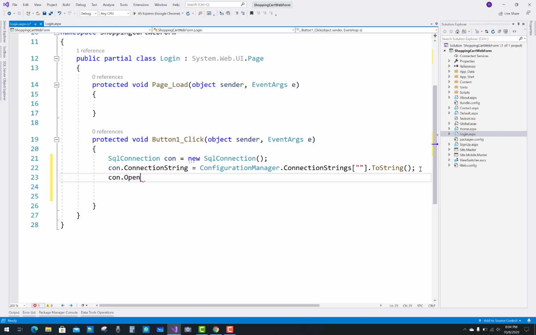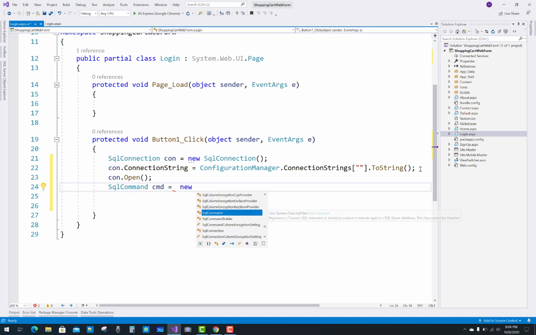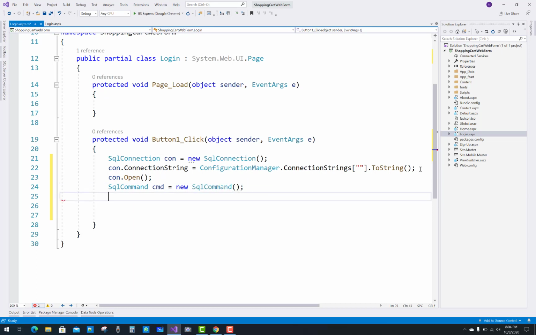If the role is related to the admin, then you can send the user to the desired admin page, and if the role is not related to the admin, then you can transfer the control to the user page. So first of all, create a connection, that is the SQL connection, and after that you have to open the connection, con.open. The command is also created: SqlCommand cmd equals new SqlCommand, cmd.Connection equals con, and cmd.CommandText equals select star from